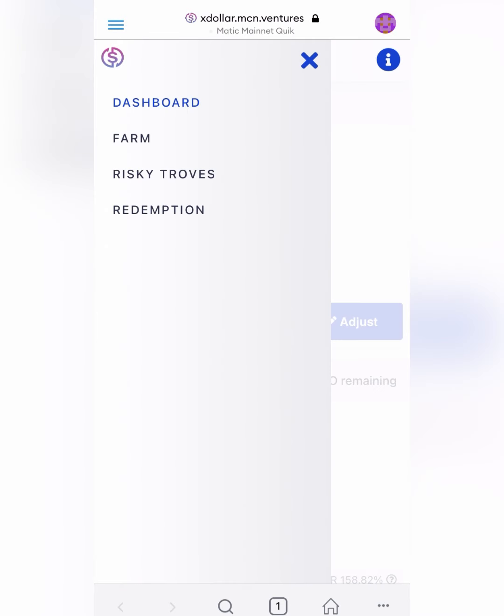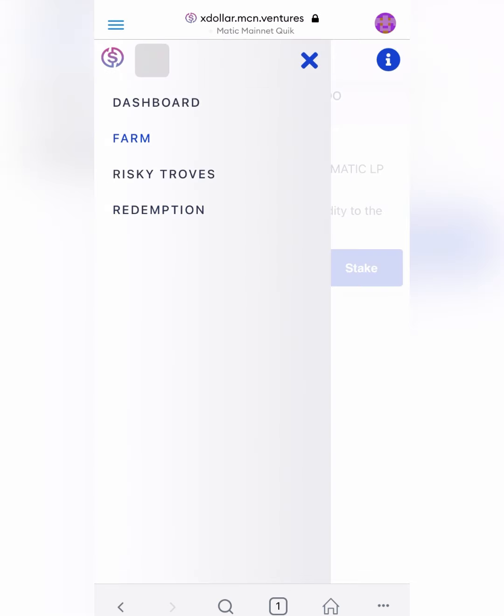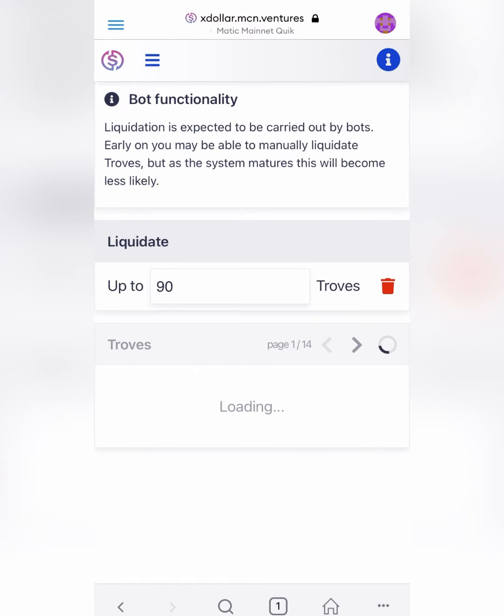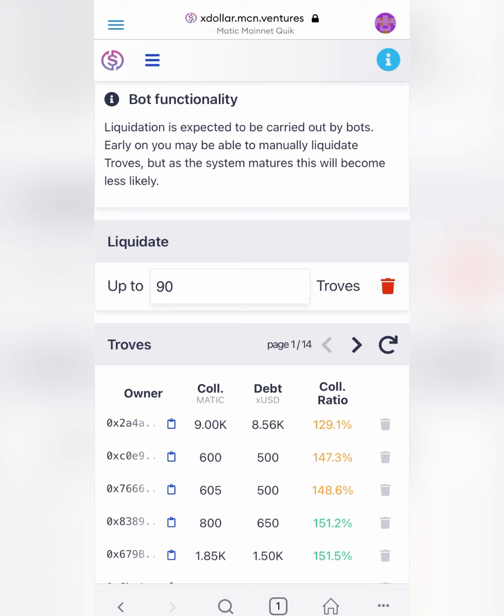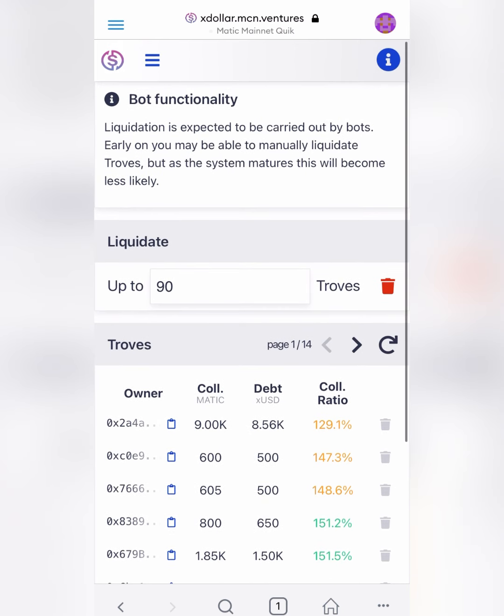You also have a few other places you can farm. You can provide liquidity via Sushi Swap. You can also check out the risky troves, see if there's any of them that are about ready to get popped. If you happen to see any troves with a low collateral ratio, you can go ahead and liquidate them yourself if you want to, but mainly this is carried out by bots early on. You may be able to find a few, but